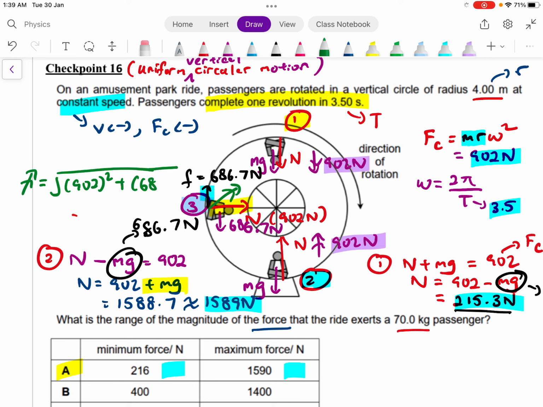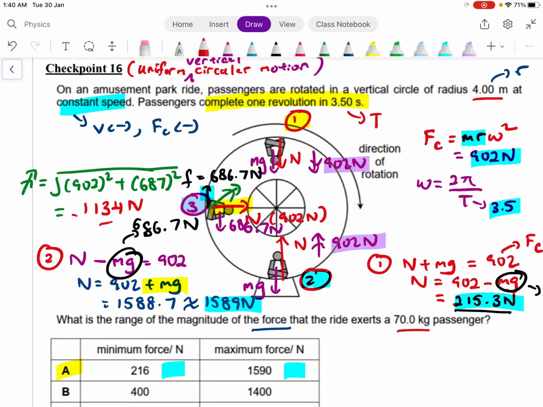I just round off. So this will give you about, let's see, 902 squared plus 687 squared. So the total force that the floor exerts on the passenger will be roughly